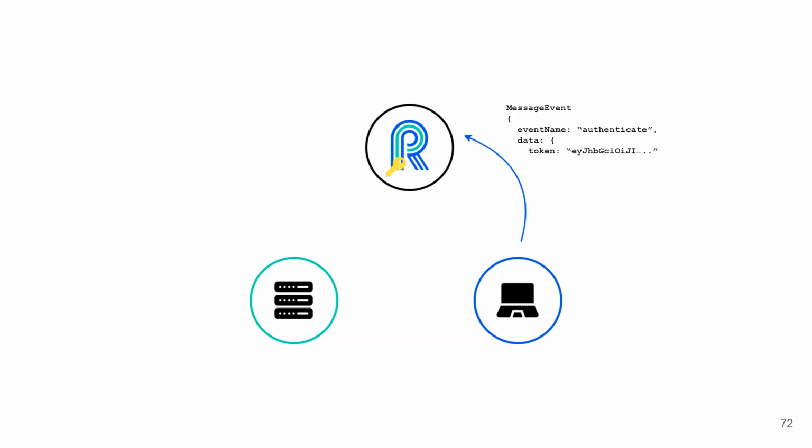The client then sends a WebSocket message containing the valid token. River uses the secret to verify the token and sends back a message notifying the client of successful authentication. Finally, River adds this client to its pool of authenticated clients, which allows it to subscribe to channels and receive